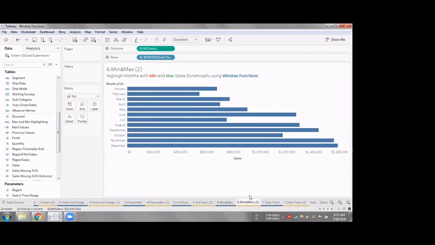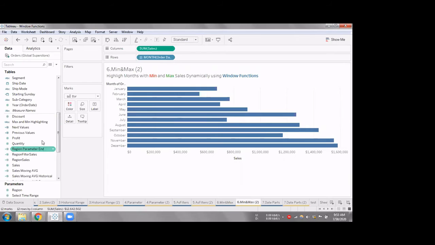Okay, and here we have a simple bar graph with the sales in each of these months, and we just want to highlight, as the title says, a minimum and maximum sales. For example, if we see here, it's not sorted and I don't know which one is minimum, which one is maximum. I can say this one is maximum, but if there are any close sales values, then I won't be able to tell.